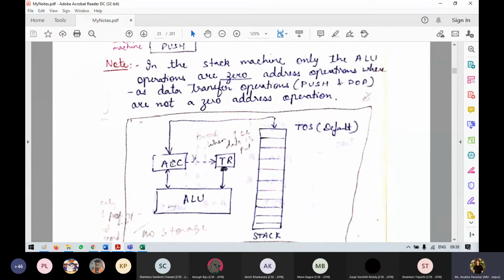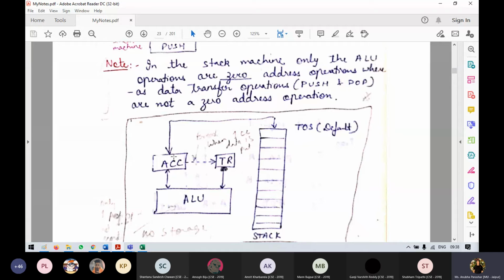Generally it is digits 0 or 1, and a combination of digits, which will be stored in the accumulator. This accumulator will carry that push, and it will push that digit on top of the stack. What if we want just the reversal? That means we wish to have a certain thing, then we say pop. Once this is popped out of the stack, it will be stored in the accumulator.